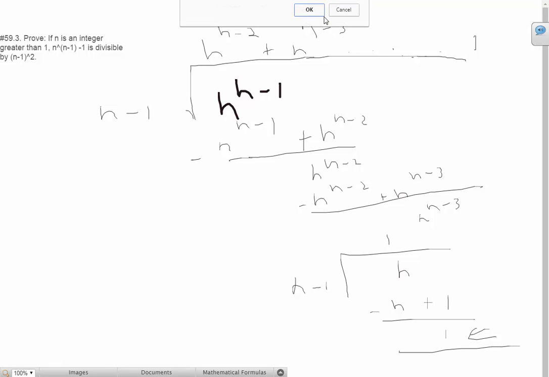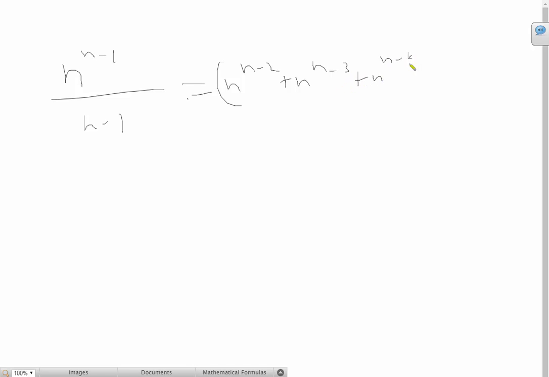So now, let's write this in another fashion. Let's say n raised to n minus 1 divided by n minus 1 is equal to n raised to n minus 2 plus n raised to n minus 3 plus n raised to n minus 4 all the way to 1 plus 1 divided by n minus 1. And now, multiplying both sides by n minus 1, we get n raised to n minus 1 is equal to n minus 1 times this whole thing. I'll just call this guy Sn for now, because it's a sum